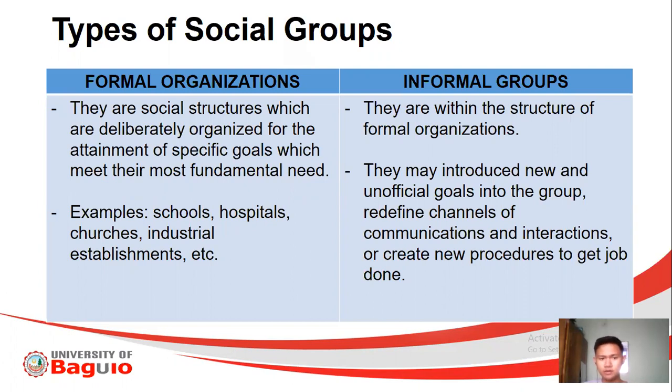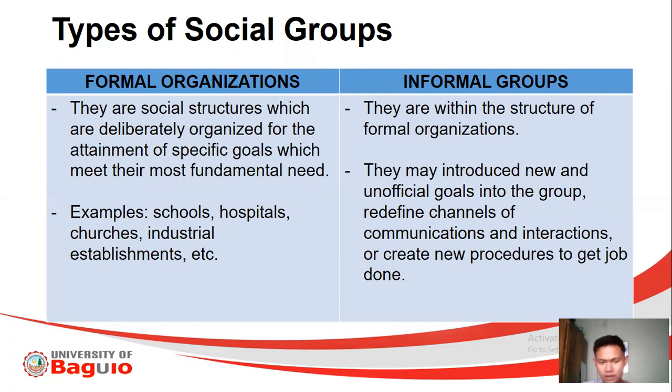the main concept here of formal organization, so from the word itself, formal siya. When you say formal, they are abiding or following different guidelines and rules and regulations. So ibig sabihin, they cannot operate without a certain formal mandate. Ibig sabihin, may mission vision sila. They're not only created na wala lang, gusto lang namin mag-create ng isang organization dahil gusto namin. So hindi siya ganun. So it was created in order to meet a certain goal.